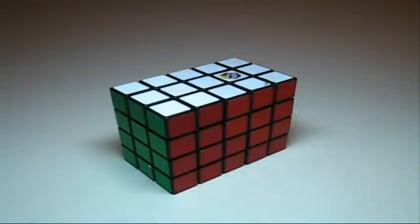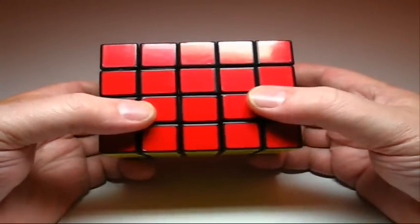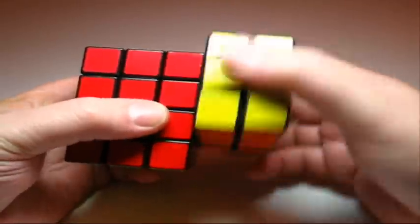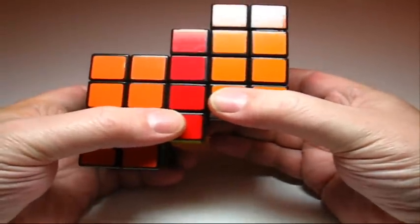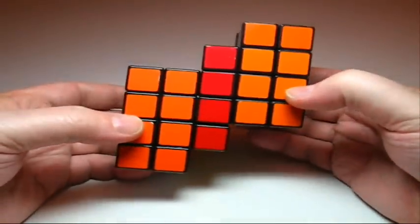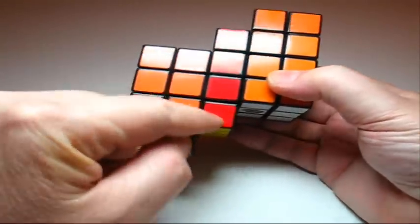Hello people, the 3x4x5, very cool cube to make and to solve. So I'm gonna show you the principle of the cube, how it's made. It's not very complicated, I'd say it's pretty simple. As you can see, it's a Siamese cube. You see the Siamese cube here,